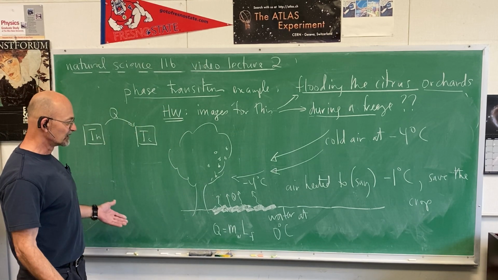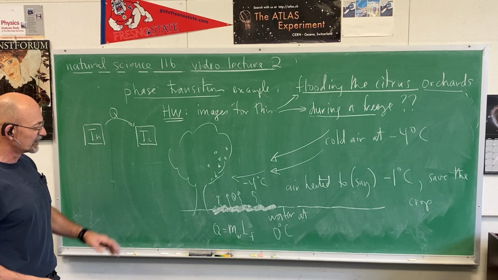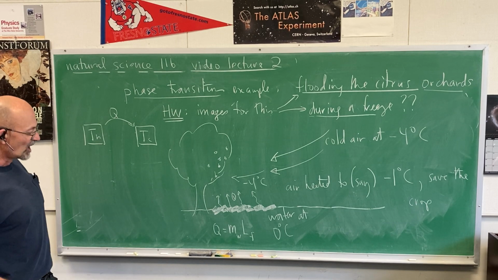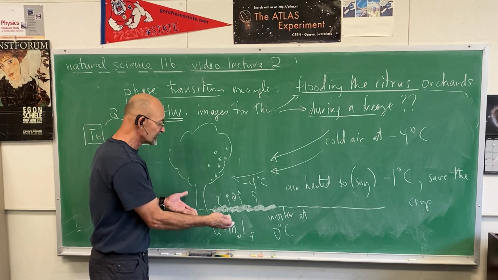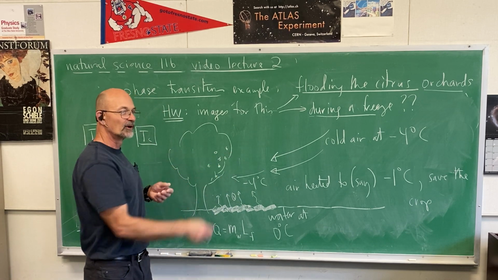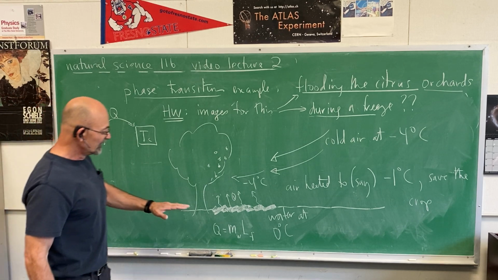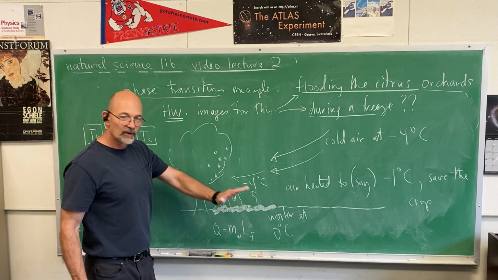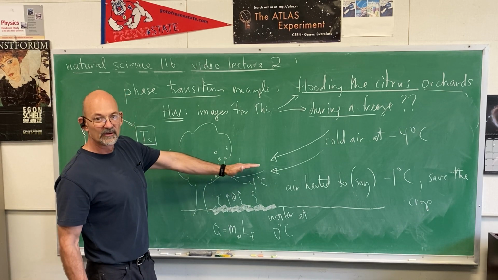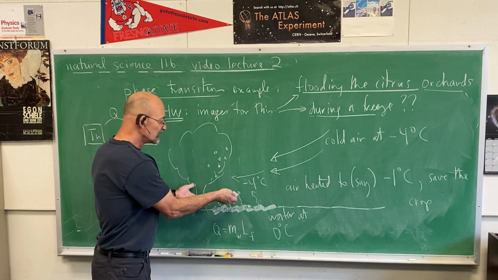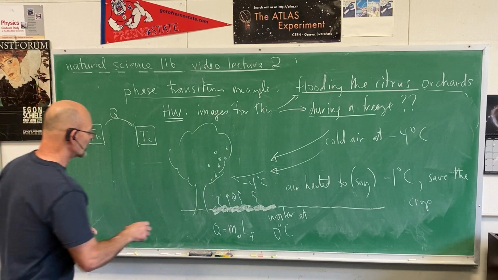But maybe you'll find something and you put in your book that's a very nice example. And it takes a little bit of understanding, right? There's quite a bit of sophistication here to know why is that working? Why is this water that is cold as can be still giving off enough energy to save a citrus crop? And once again, the answer is because the water is giving it off at 0 degrees Celsius, but the air is maybe -4. Okay, and that's enough energy in there to make the air a bit warmer. Okay, good. I'm going to erase this,